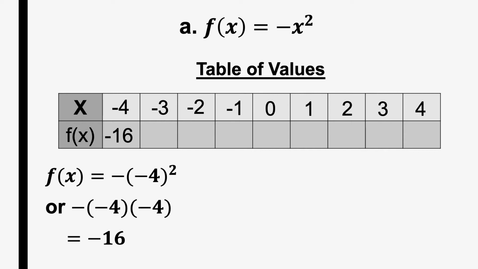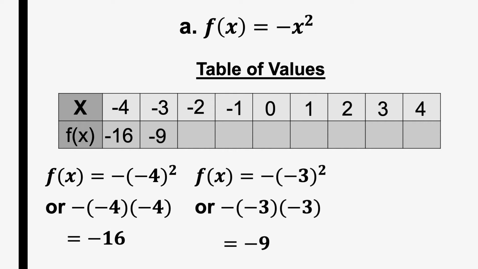So for the first, we have f of x is equal to negative times negative 4 squared, or we can rewrite it as negative times negative 4 times negative 4. So our f of x is equal to negative 16 for our first value. Next, f of negative 3 is equal to negative times negative 3 squared, or we can also write it as negative times negative 3 times negative 3. So our answer is